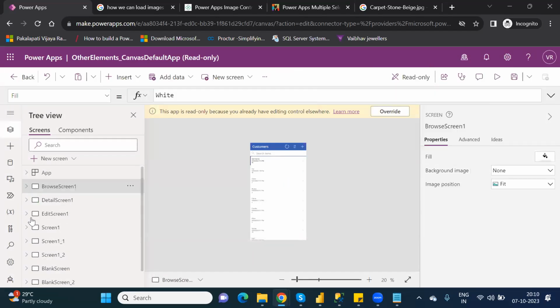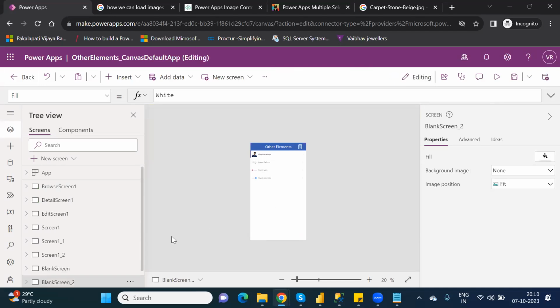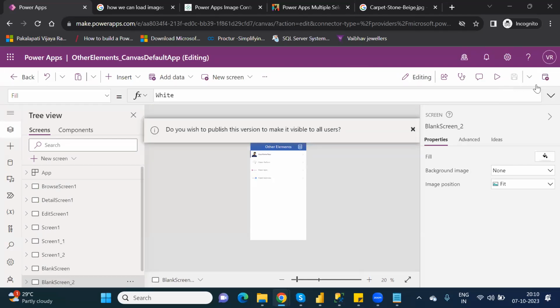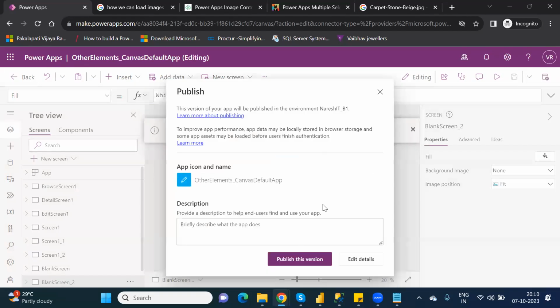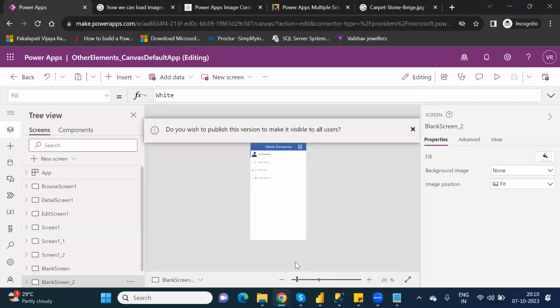And go to this particular, where is the screen? Sorry, I think it is not coming here. So actually I didn't save it. Sorry for this one. And publish this one also. And after this,